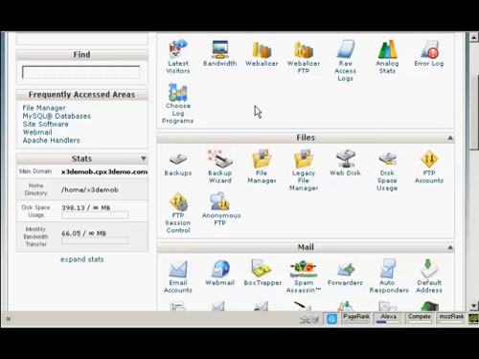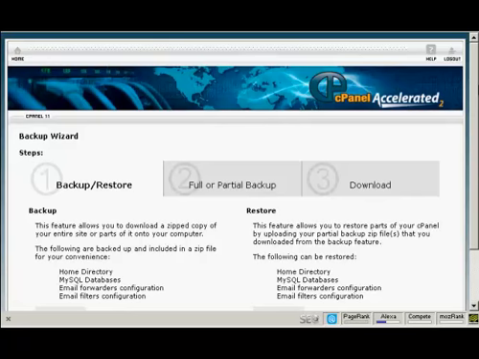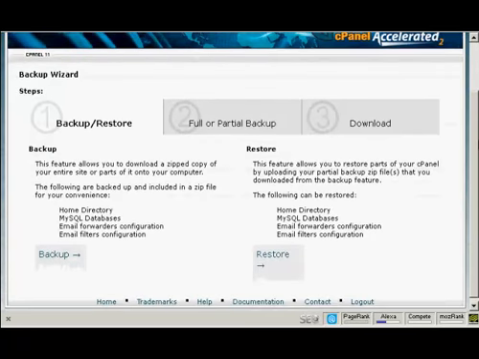Okay, in cPanel, come down here to where it says Files, and then click here on Backup Wizard. And it gives you the steps here. You can back up or restore. And what you want to back up really are the two things that you need for your WordPress blog to work: the home directory and the MySQL databases. Things like email forwarders configuration and email filters configuration are more to do with the actual running of your website. So we click on Backup,